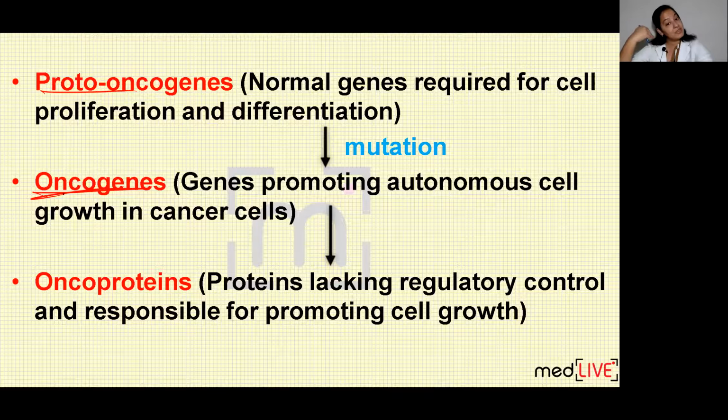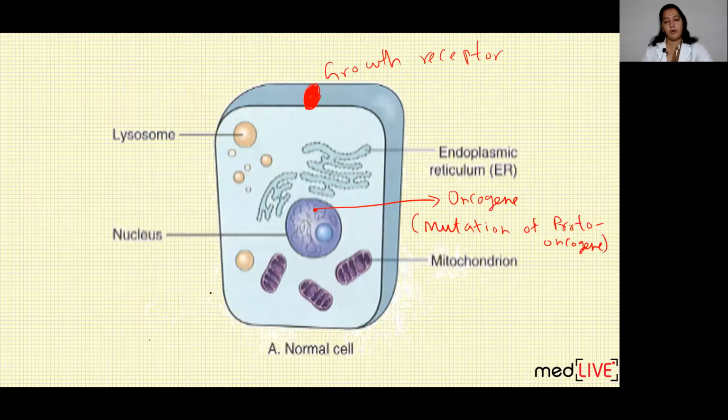Oncogene can work without stimulus. No growth factor is present, still they get stimulated because these are mutated; a gain-of-function mutation occurs in them. And oncogenes, with the help of transcription and translation, will form proteins known as oncoproteins, and they will cause cell division. We have already discussed all this.